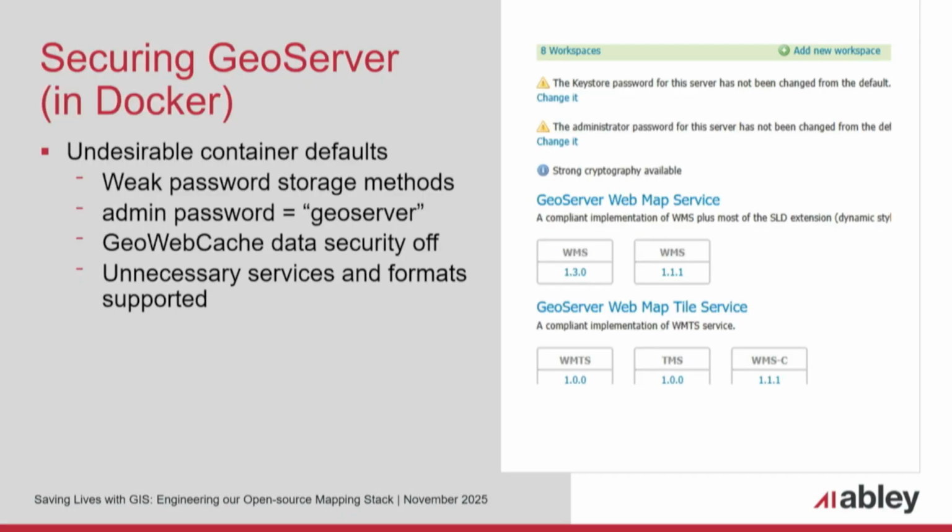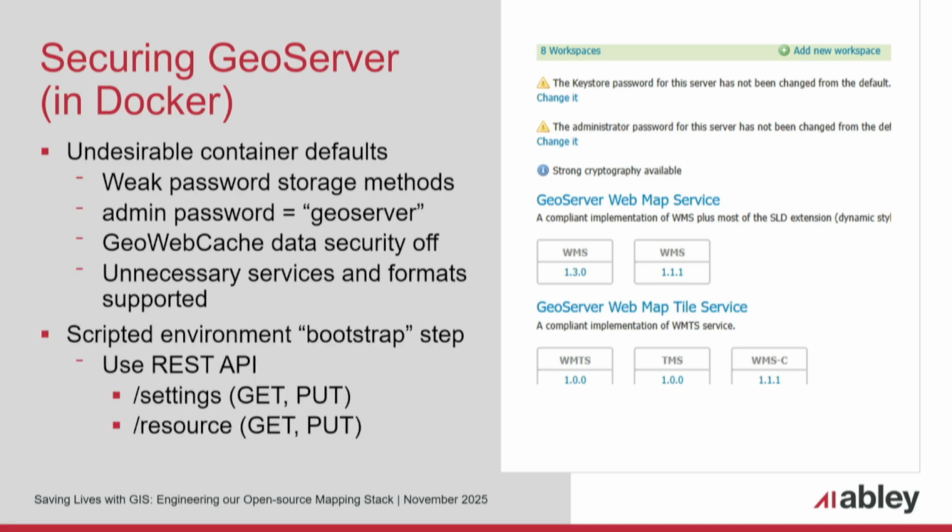Another bit where we put quite a bit of effort in is that GeoServer in a Docker container initially comes with a lot of undesirable defaults, like a weak password storage method. The admin password is geoserver. GeoWebCache doesn't have data security on it. And there's some unnecessary, for us at least, services and formats supported. And I guess normally as post-install steps on a server, you would go through and configure all those things, but we obviously want to do it as part of how we roll out a Docker container. So we